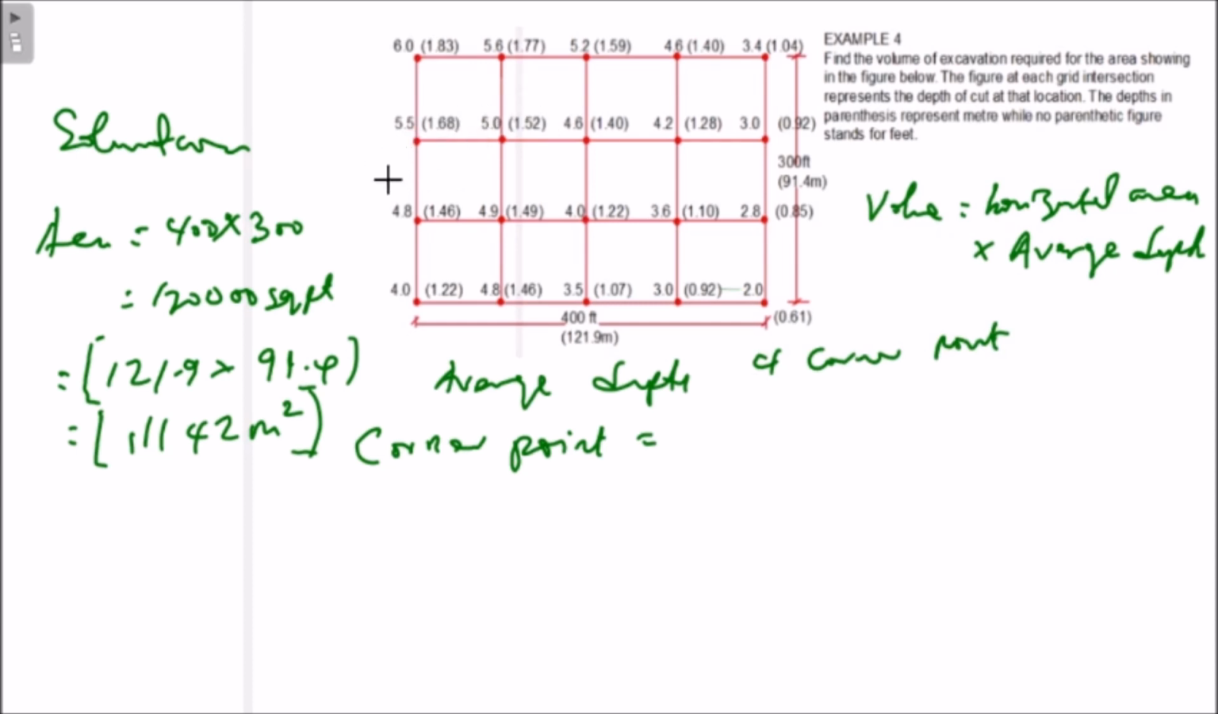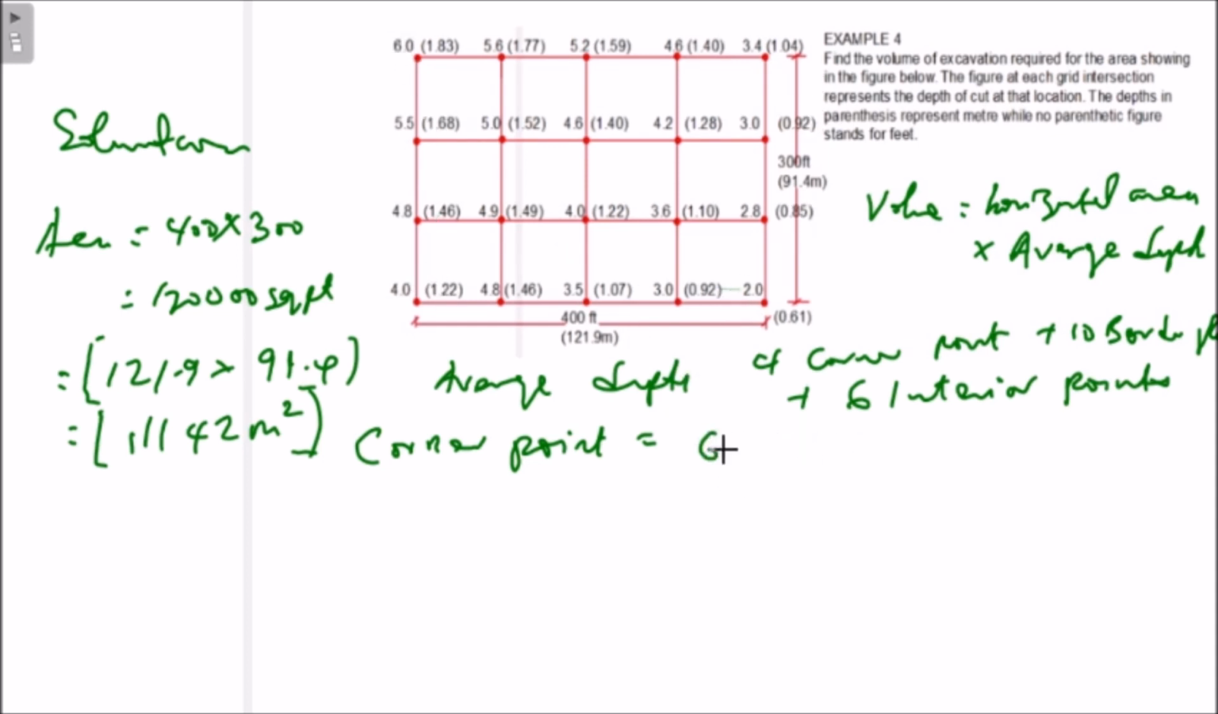And we have how many border points? 1, 2, 3, 4, 5, 6, 7, 8, 9, 10. We have 10 border points. Then interior points, we have 1, 2, 3, 4, 5, 6. We have 6 interior points. Okay, so for the corner points, we have to consider 6, which is this plus this plus this plus